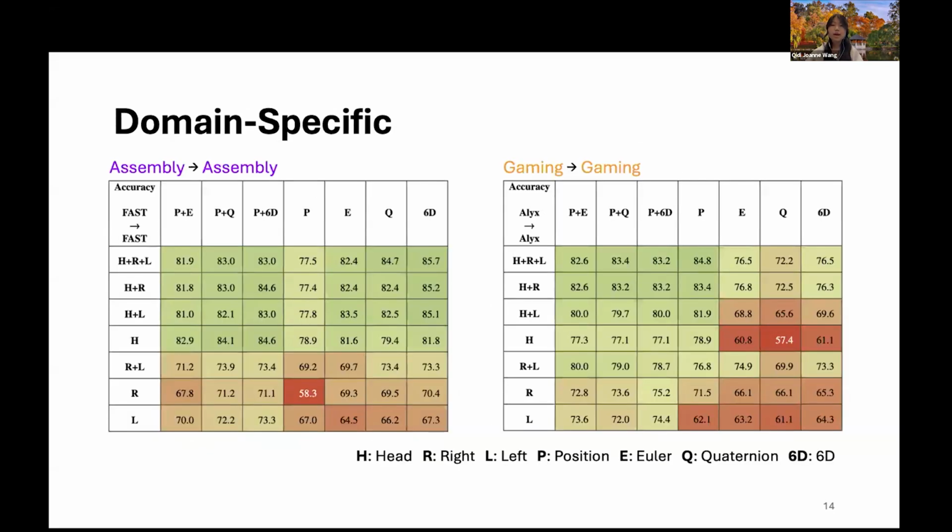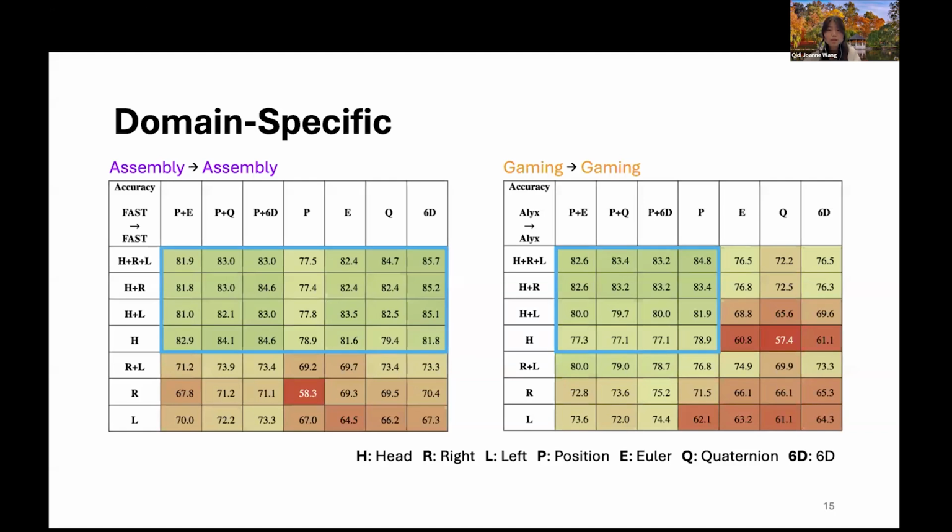So here we can take a look at the results of our experiments. The following tables are the accuracy scores for each kind of experiment, and they are presented in such a way that the 7 device combinations are the rows and the 7 spatial representations are the columns. The legend at the bottom can be a helpful guide. And the color coding here corresponds to the accuracies of the scores, where if it is closer to 50%, they are red, and if they're closer to 100%, they're green, because this is a binary classification problem.